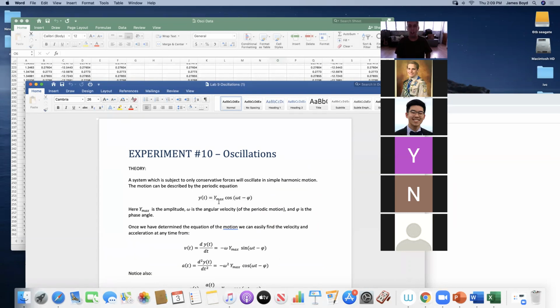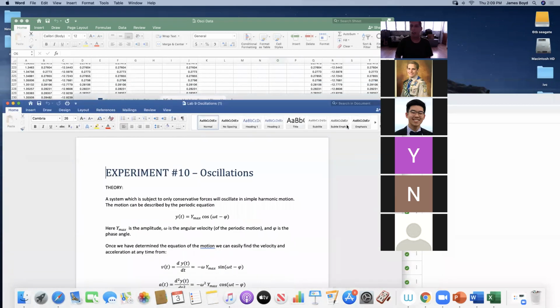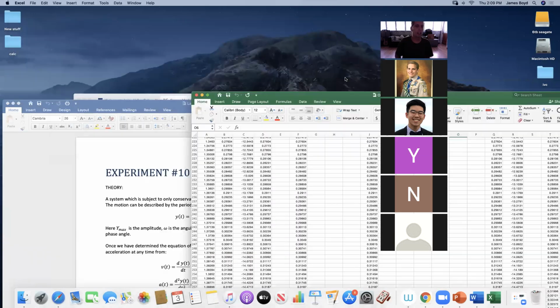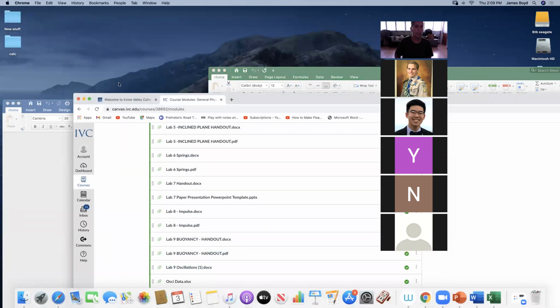And the equation is the amplitude or maximum value times cosine omega t. And remember, this omega is not the same as circular motion omega. It is the frequency angular velocity, which means it's how the